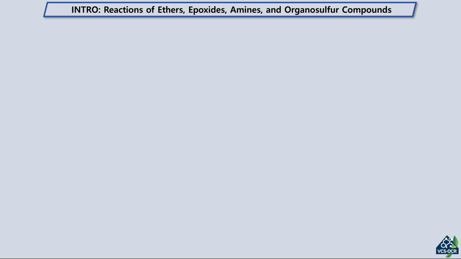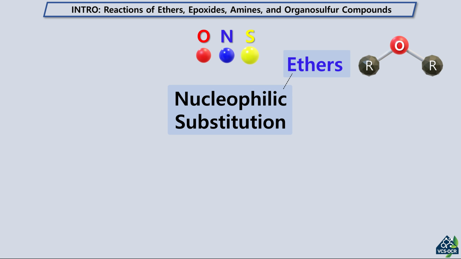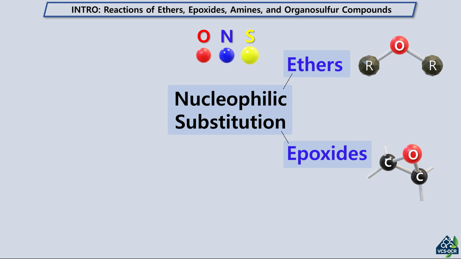In this video, we delve into the reactive world of heteroatomic compounds, molecules where oxygen, nitrogen, or sulfur stand at the center of chemical transformation. We begin with ethers and epoxides. While simple ethers remain remarkably stable, their cyclic counterparts, epoxides, carry immense ring strain, making them highly susceptible to nucleophilic